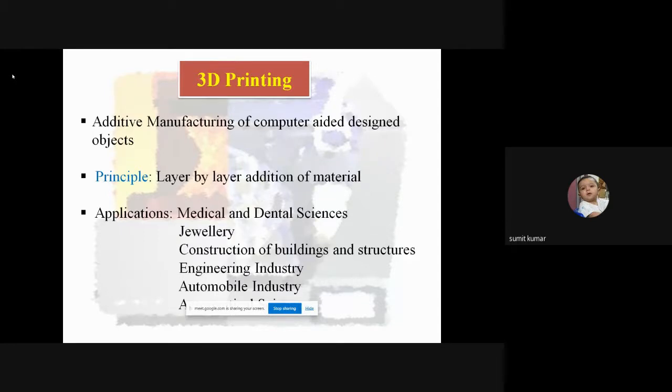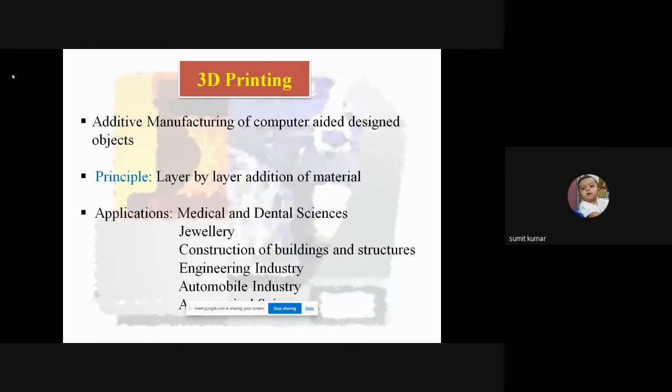Just to recapitulate what we discussed previously in the week of training, 3D printing technology is additive manufacturing technology, where computer-aided designed objects are printed using a 3D printer. The principle is that it prints by depositing layer over layer of the material.